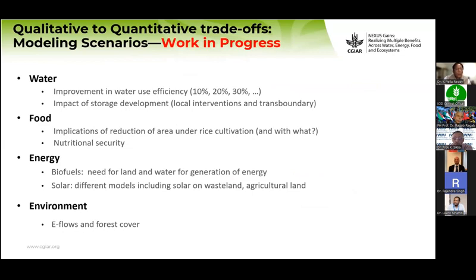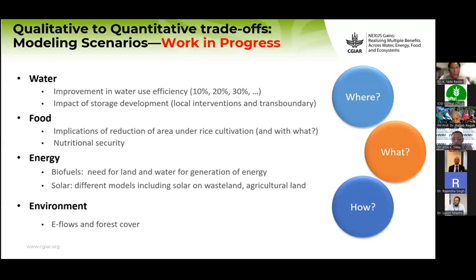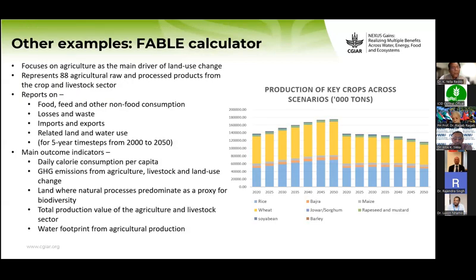into water management, AWM interventions, mimicking them through improved efficiencies. We are also looking into the storages, and of course, crop diversification and the energy, including the solar and environmental flow. These are the kinds of examples which you'll see here, of how we are looking into and working out those various sets of